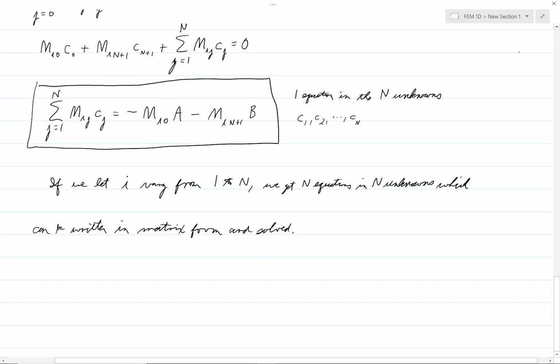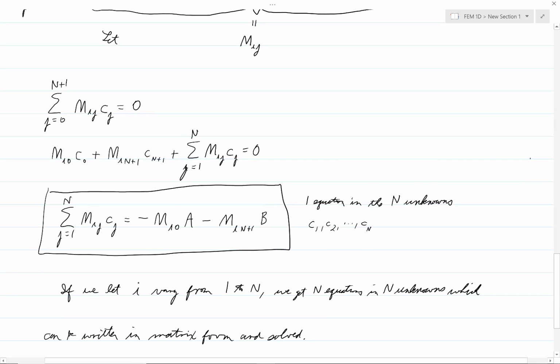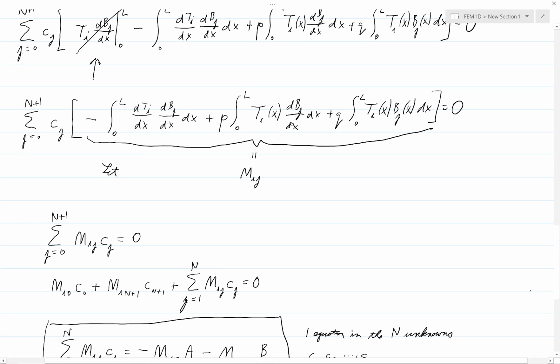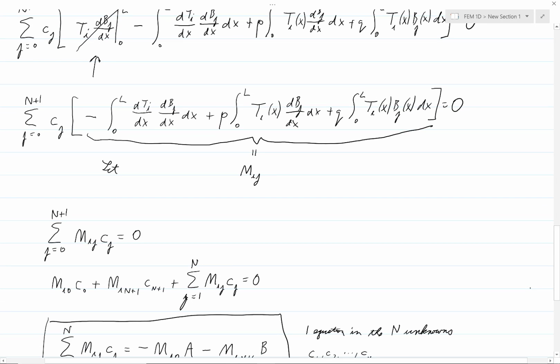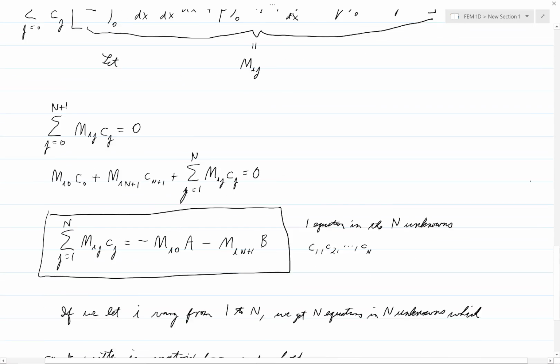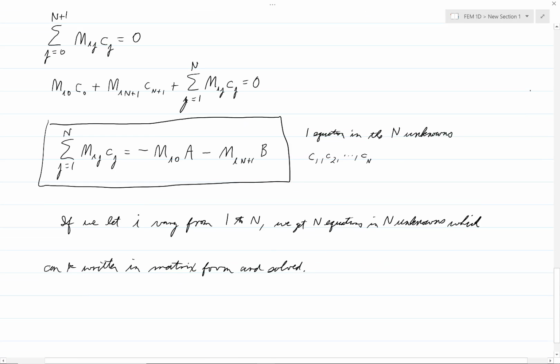So now what we'll do is look at the evaluation of the matrix elements. And recall that here you see the definition of the matrix elements. So let's work with that a bit. Okay, so copying this equation, we have